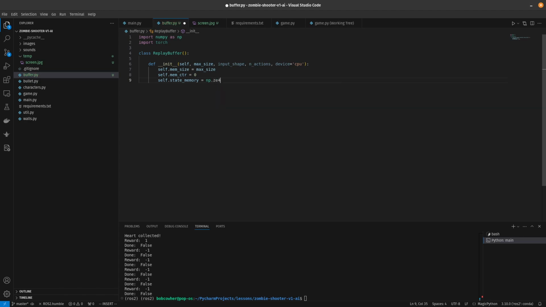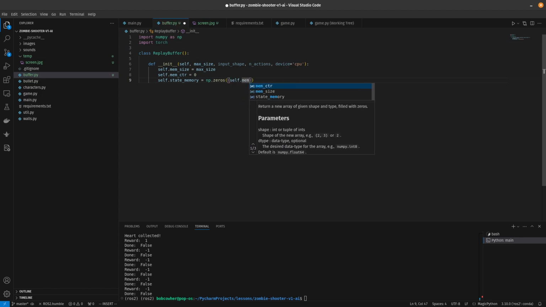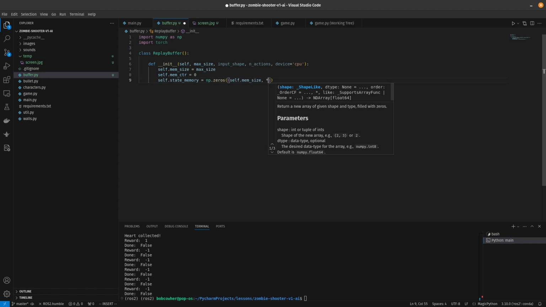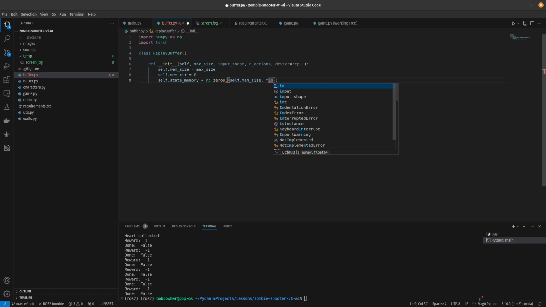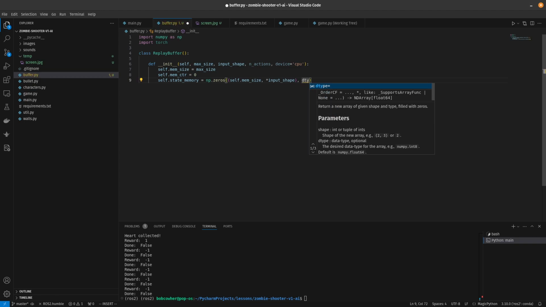So we're going to say np.zeros and self.memSize. We're going to do star input shape, and then we're going to set dtype equals